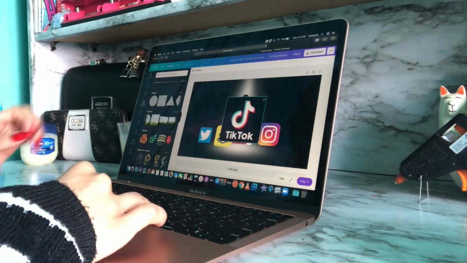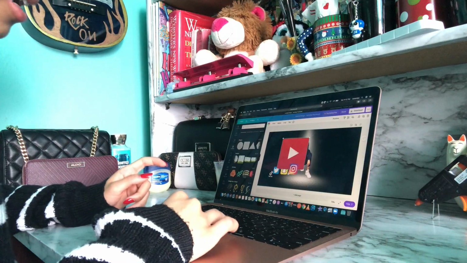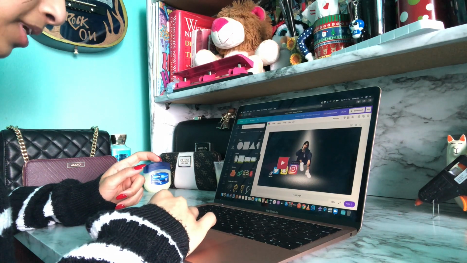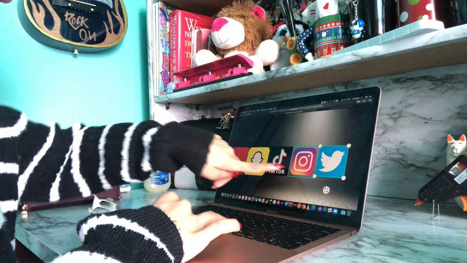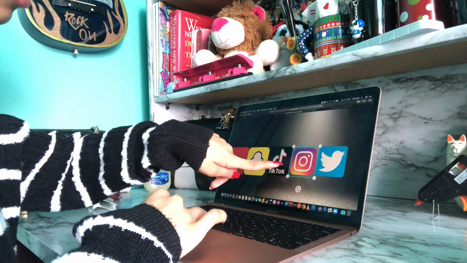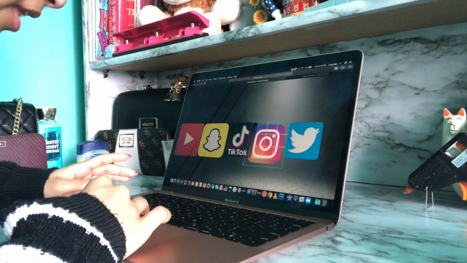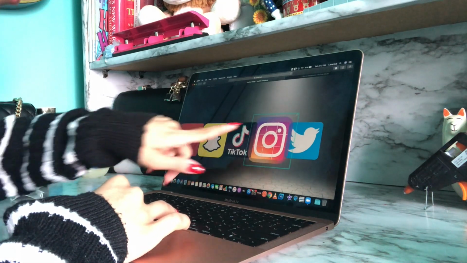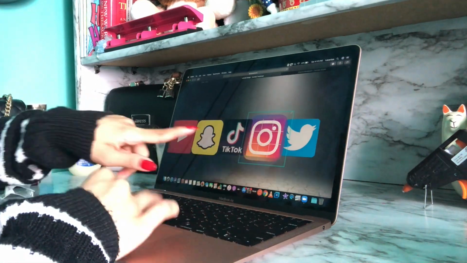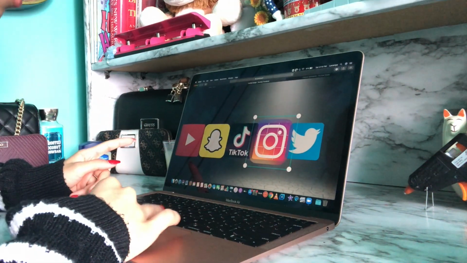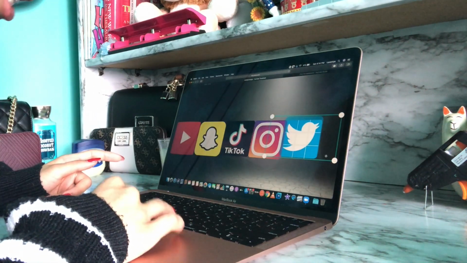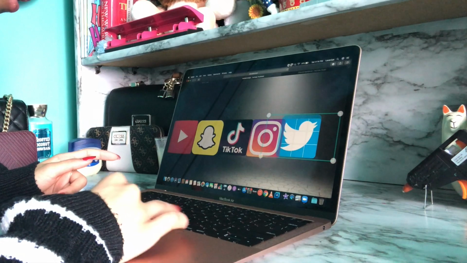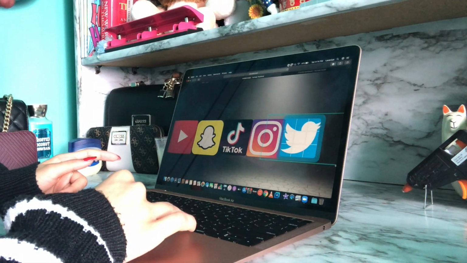So I put my picture into the square and then I lined them up in the order that I wanted them to be in. Now if you can tell, the Instagram logo did not fit the box properly. So what you want to do is double click on it and extend it so that it hits the corners of the square that you want it to fit in, but obviously make sure it's even. And then if you click away, it's in a perfect square. And so you can do the same thing with pretty much anything if you want it to fit into a certain shape but the picture's too big or too small.